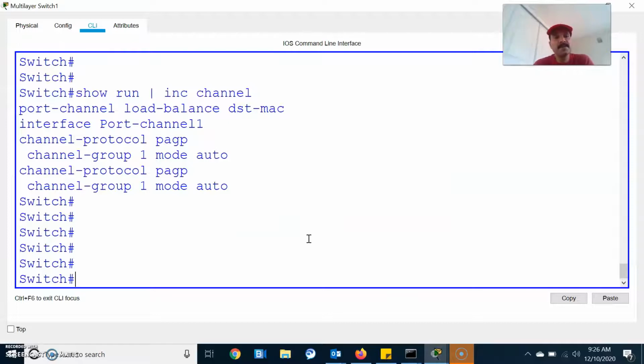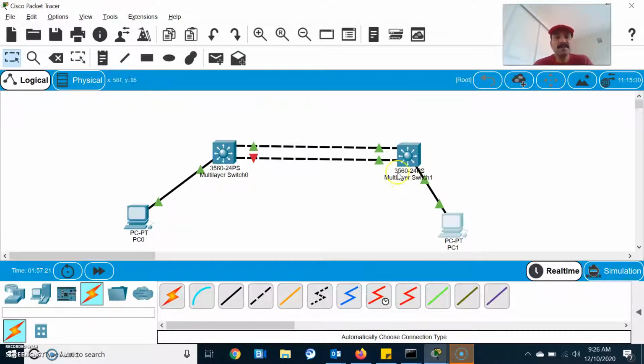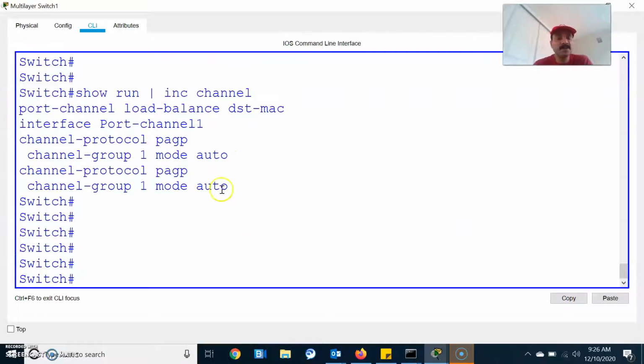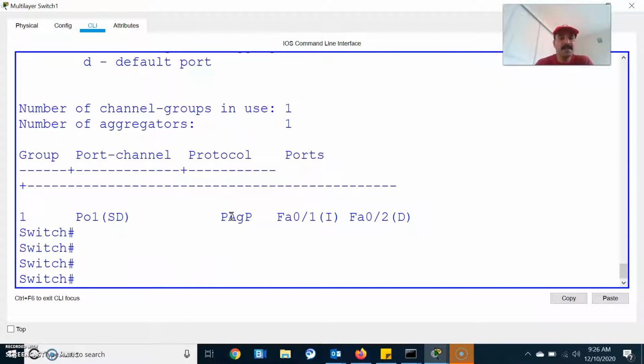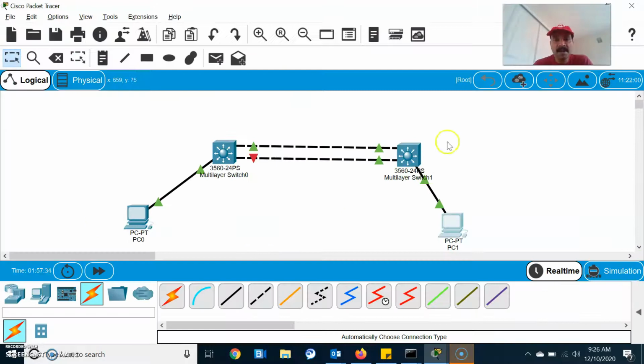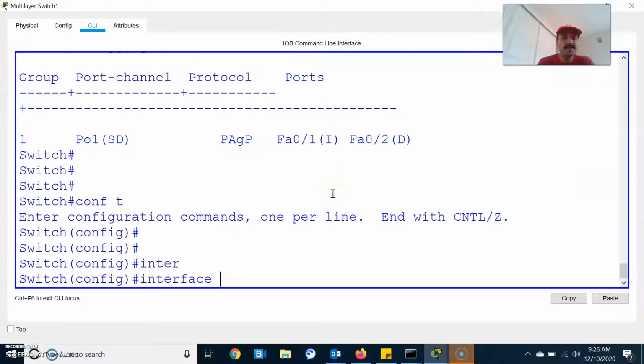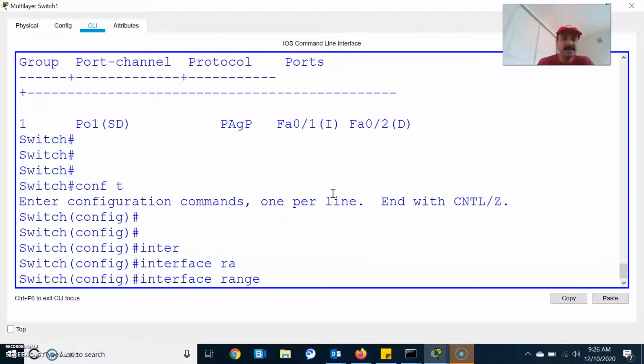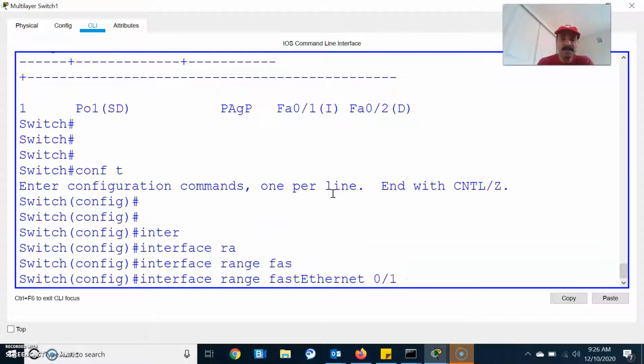So the main point about troubleshooting is you have to understand all the commands, so it will be easy for you to troubleshoot rather than doing a show run configuration. So you have to understand the show etherchannel command. Show etherchannel summary. So it is in down mode, right? So we need to fix it. Go to configuration mode, and this is FastEthernet 0/1 and this is FastEthernet 0/2. So let us go to the interface range FastEthernet 0/1 to 2.